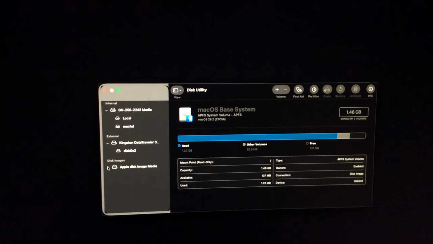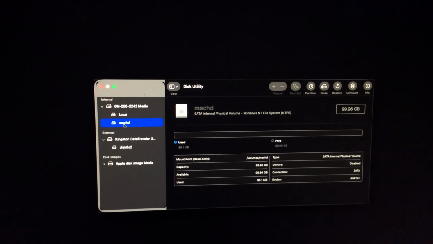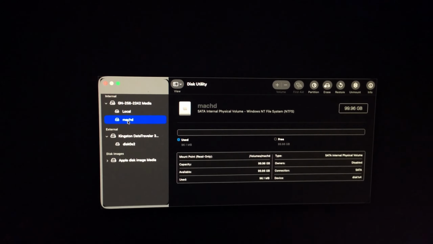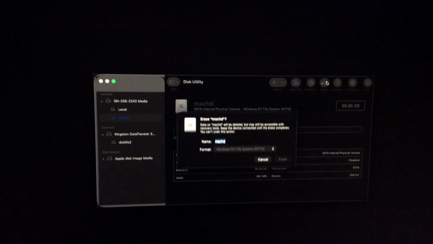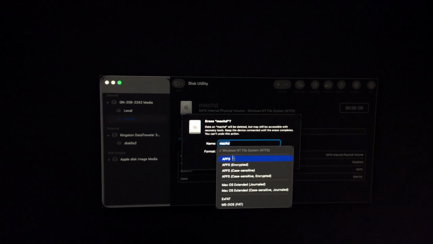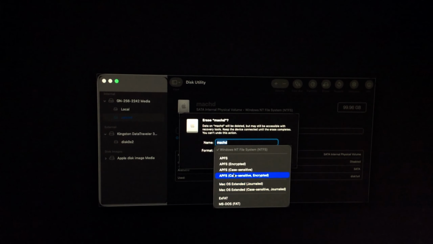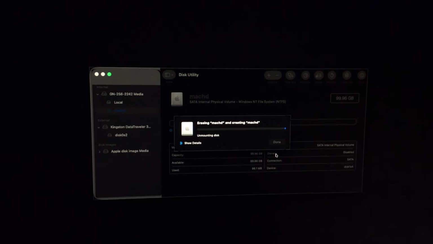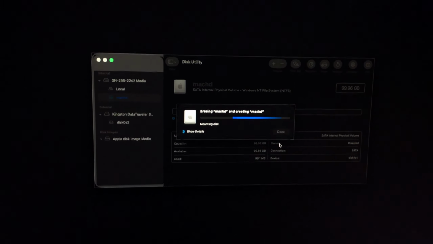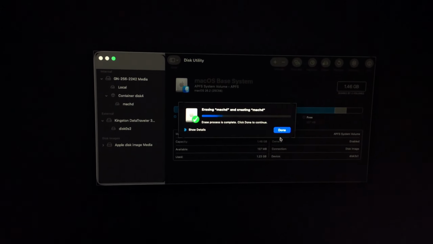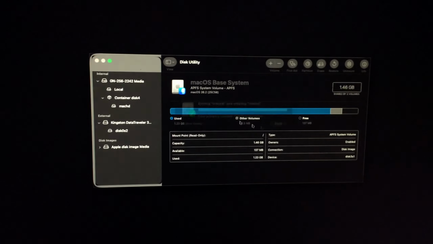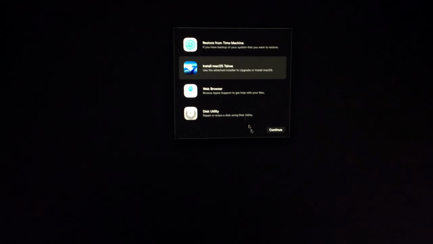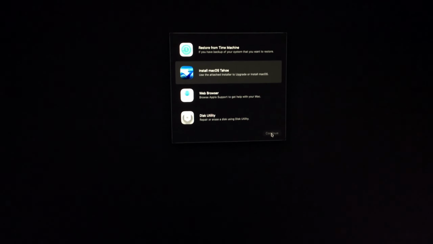And if you remember correctly, in our previous video we formatted our macOS HD, so I'm going to erase it, and then I'm going to choose APFS like so, and then I'm going to erase and click on done, then close Disk Utility,